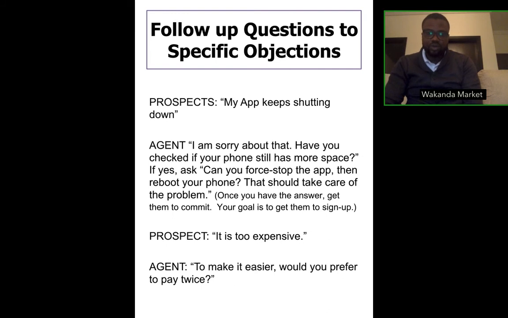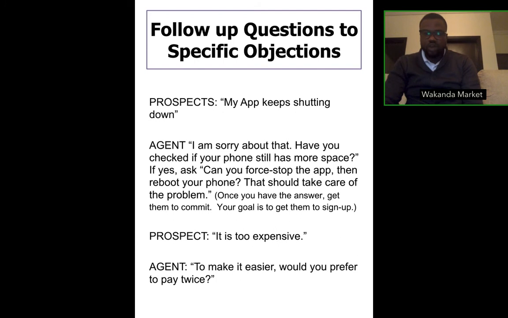Once you have the answer and you have helped them resolve the objection, then always get them to commit. Whatever you need them to do after, always make sure you ask them to do it. Your goal is to get them to sign up. Your goal is to get them to pay for the website. So don't forget, once you help them solve their problem, the reason why you are trying to help them is for them to be able to take an action,